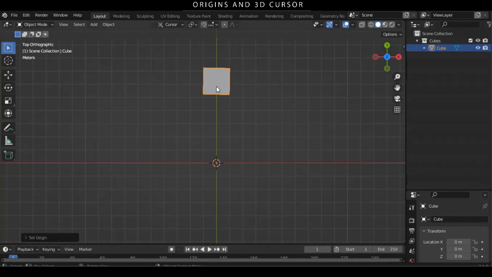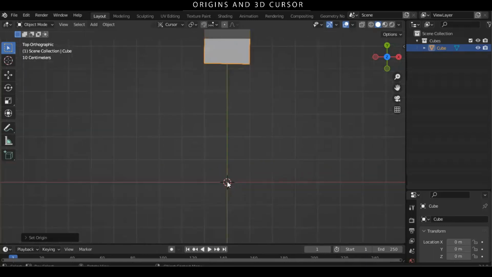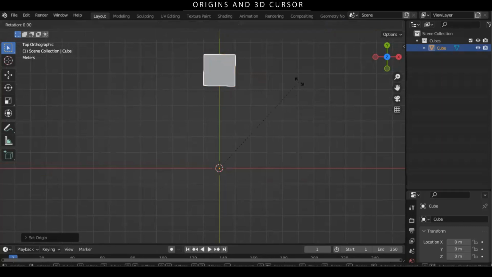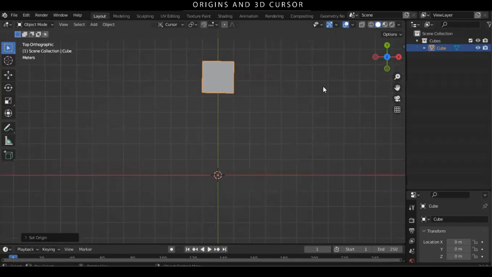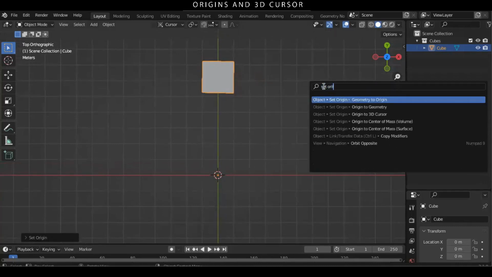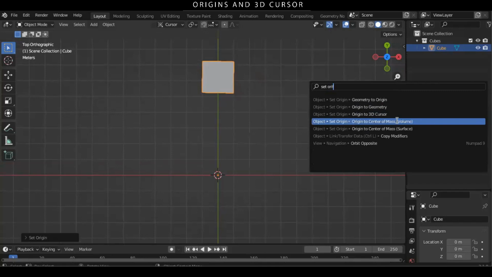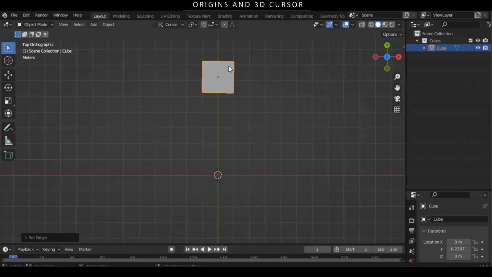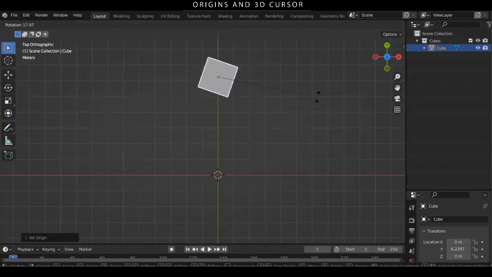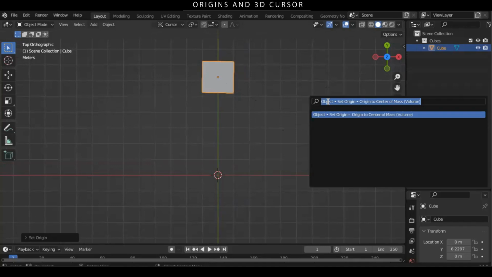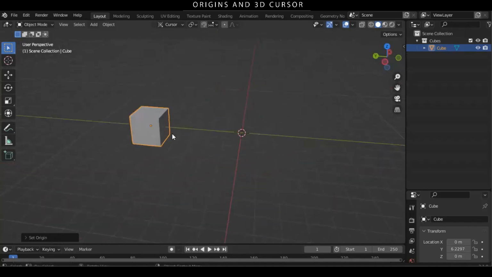And you can see that little orange dot disappeared from there and went to the 3D cursor, which right now is right here. So now if I hit R and rotate this cube, it'll rotate around that origin, which is now where the 3D cursor is. Okay, so I'll hit escape to cancel that. If I want to, I can hit spacebar, type set origin, and click back to center of mass, and it'll jump back to the center of the cube, and now it rotates around itself again. So I do that spacebar set origin trick quite a bit,